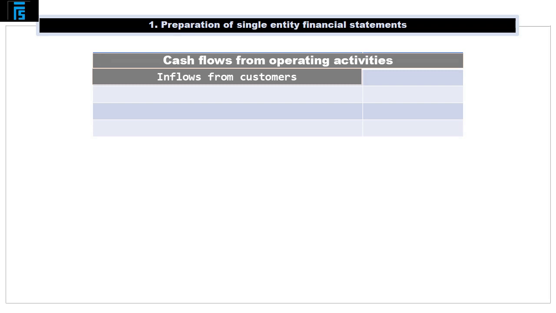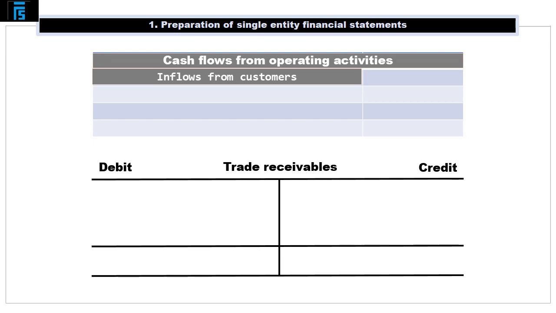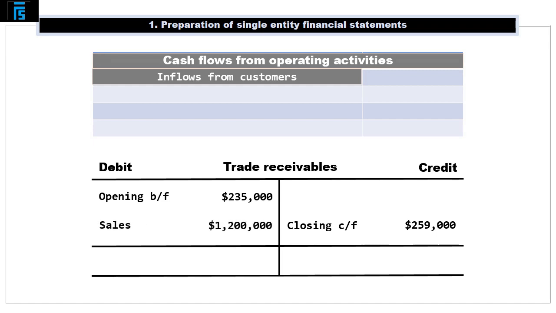In this case, that item is the sales figure, which will need to be adjusted for the change in trade receivables. Let's consider the trade receivables line in the statement of financial position, with its opening and closing balance of €235,000 and €259,000 respectively. Over the course of the year, trade receivables increase as a result of sales made, and we know